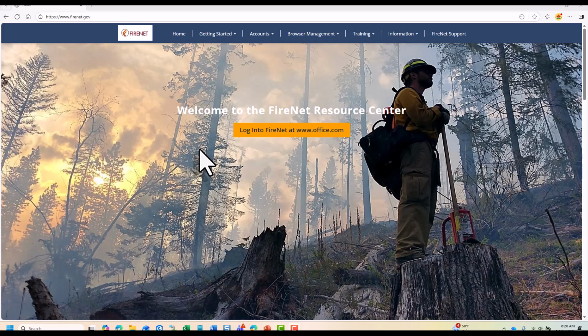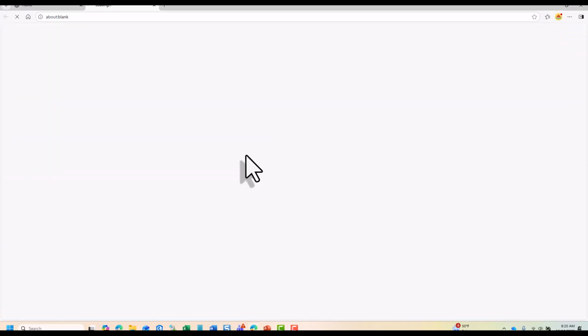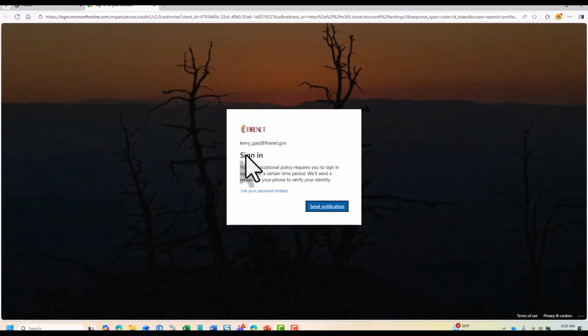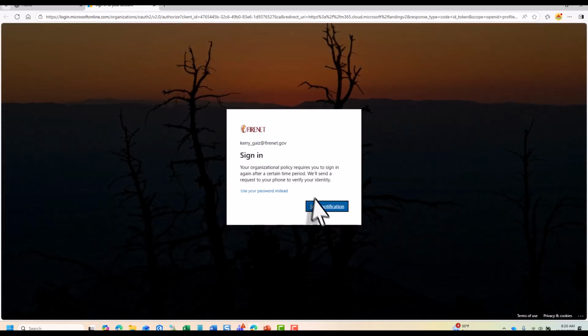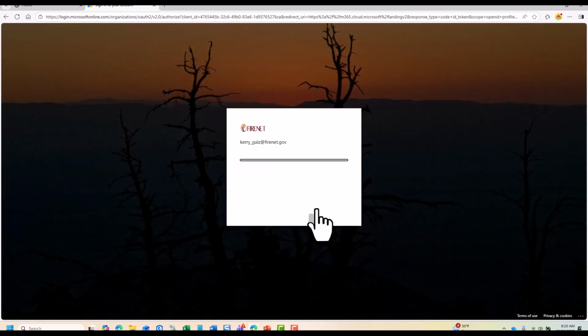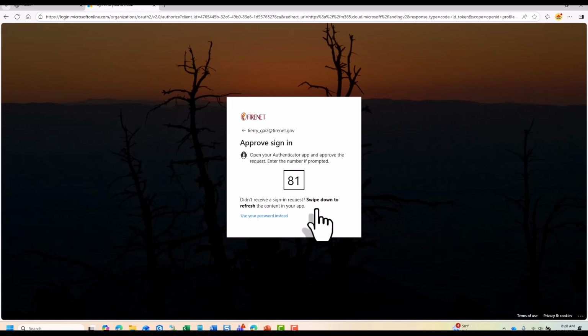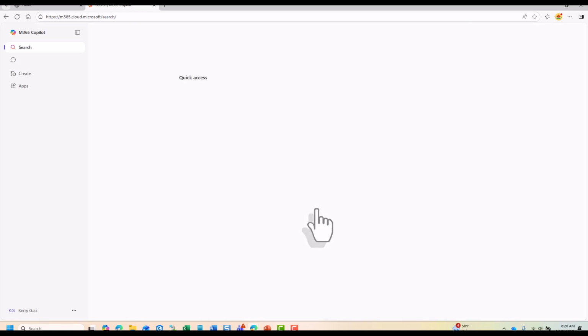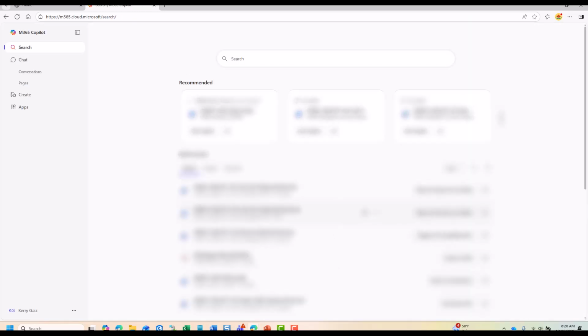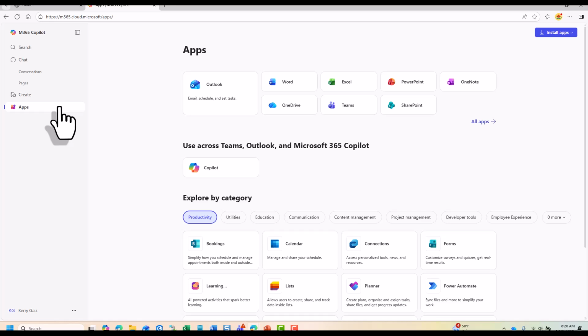Next, using your FireNet web browser or browser profile, navigate to firenet.gov and click the Login to FireNet at www.office.com button. Choose or enter your FireNet credentials, then complete multi-factor authentication to log in. This will bring you to Microsoft 365 Copilot. Click Apps, then Teams,